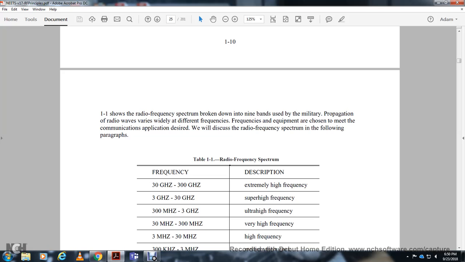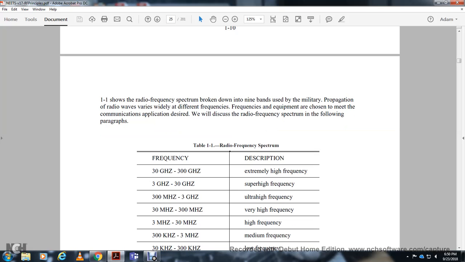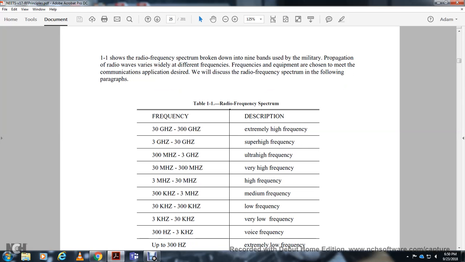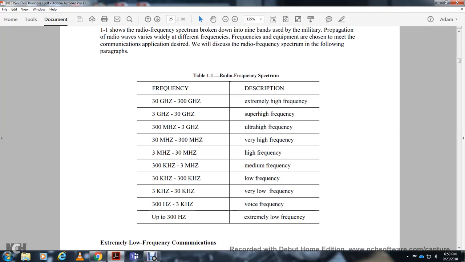frequency; 300 megahertz to 3 gigahertz, ultra high frequency; 30 megahertz to 300 megahertz, very high frequency; 3 megahertz to 30 megahertz, high frequency; 300 kilohertz to 3 megahertz, medium frequency; 30 kilohertz to 300 kilohertz, low frequency; 3 kilohertz to 30 kilohertz, very low frequency; 300 hertz to 3 kilohertz, voice frequency; and up to 300 hertz, extremely